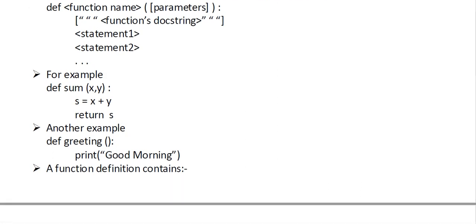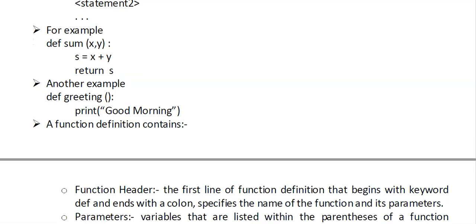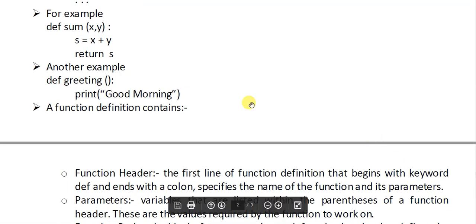After the colon sign you will write the main body of the function, that is a variable s equal to x plus y. The values are being added, and we are returning the result, that is return statement followed by the value s. So this is a function that is returning some value and also requiring some value.